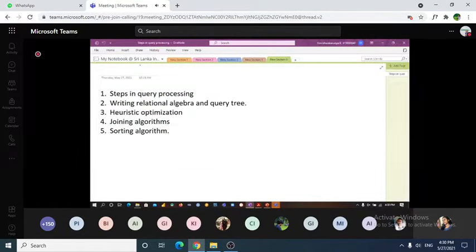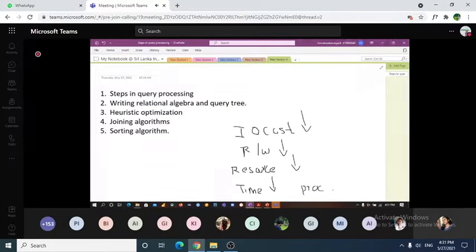If the IO cost is less, the read write is less. If the read write is less, the resources used are less. If the resources used are less, the time taken for this query processing is less, which means your query processing is fast. That's the